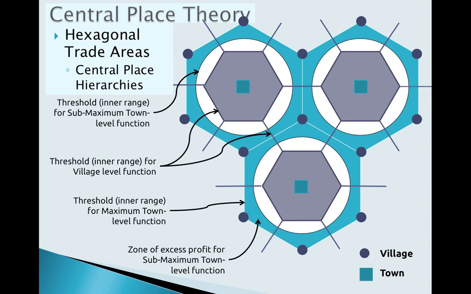Hi folks, this is the third of the three parts to the session on central place theory. This is where we stack the layers of hexagonal trade areas to see what we can see about the complexity